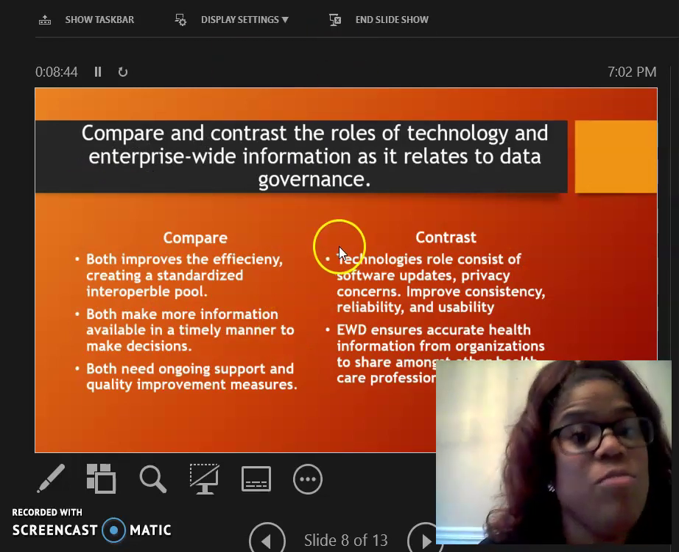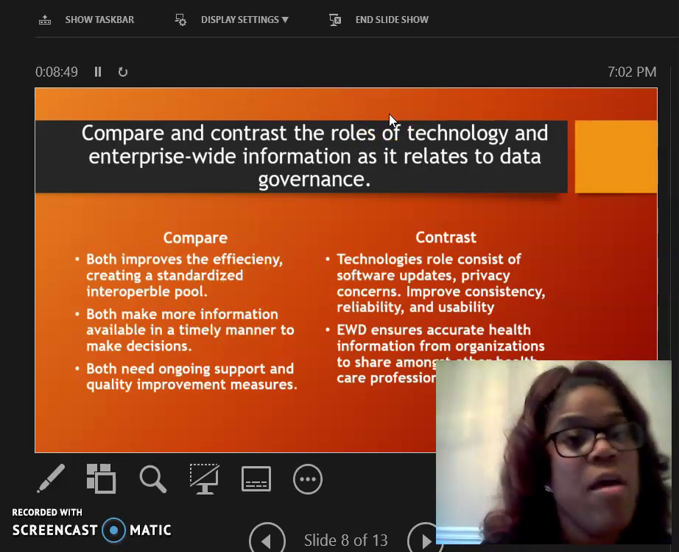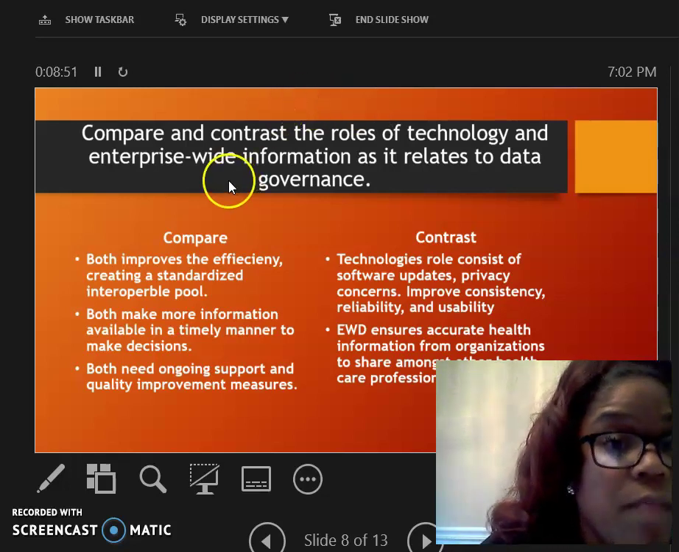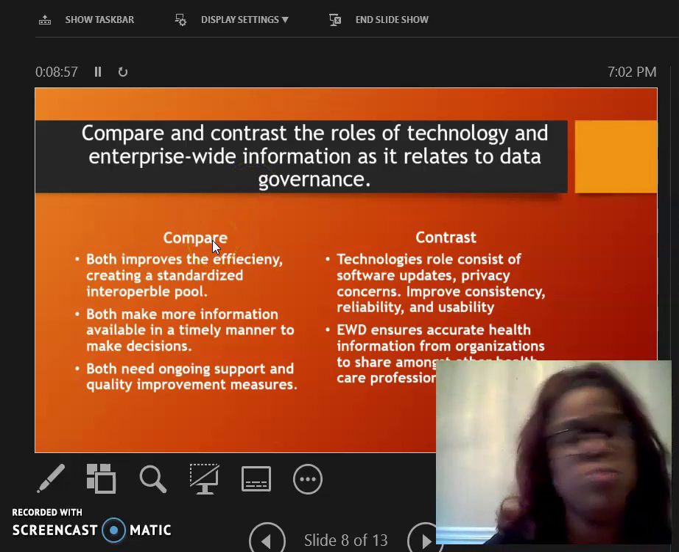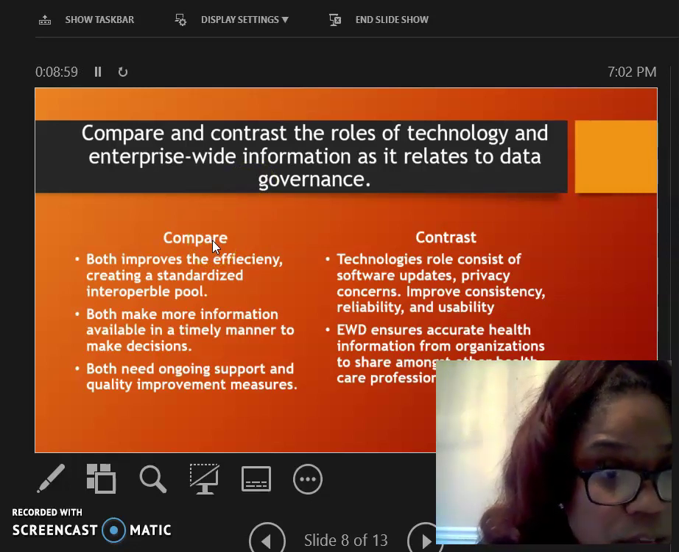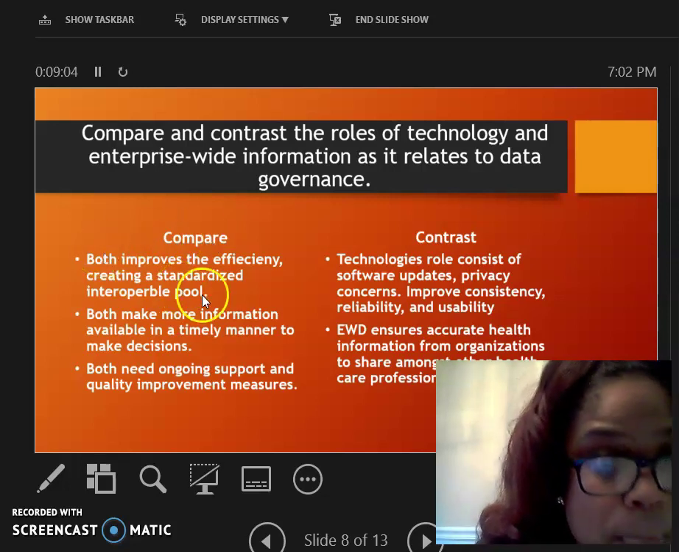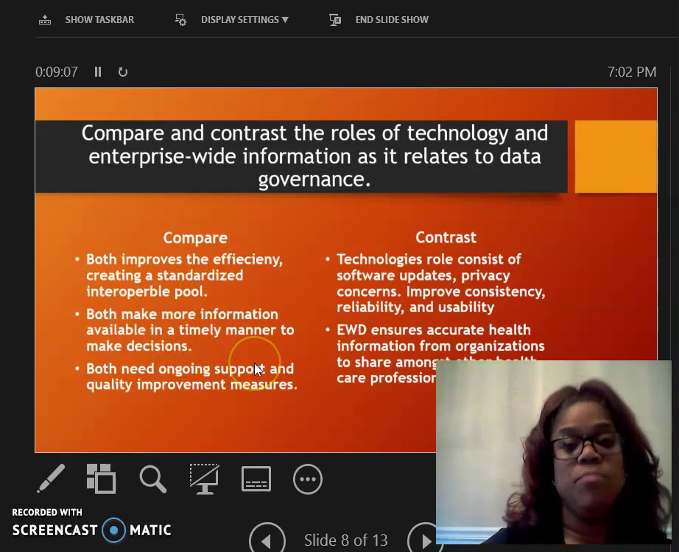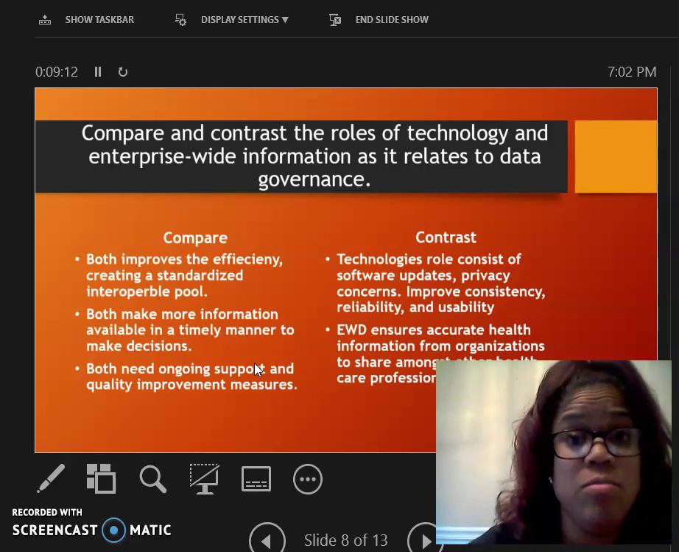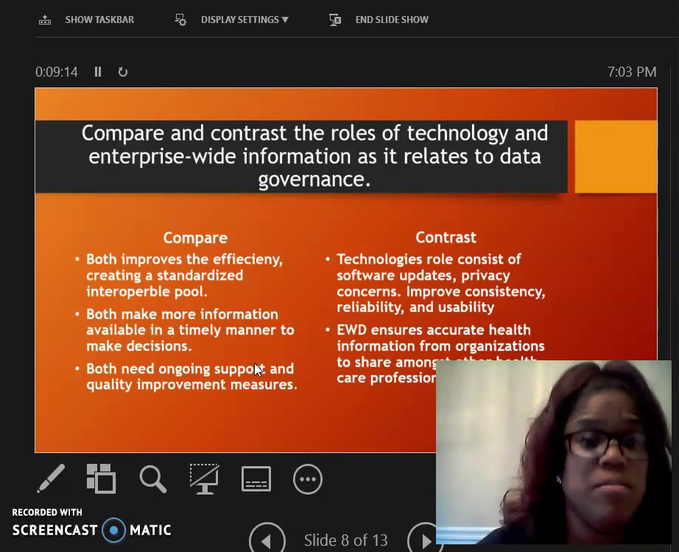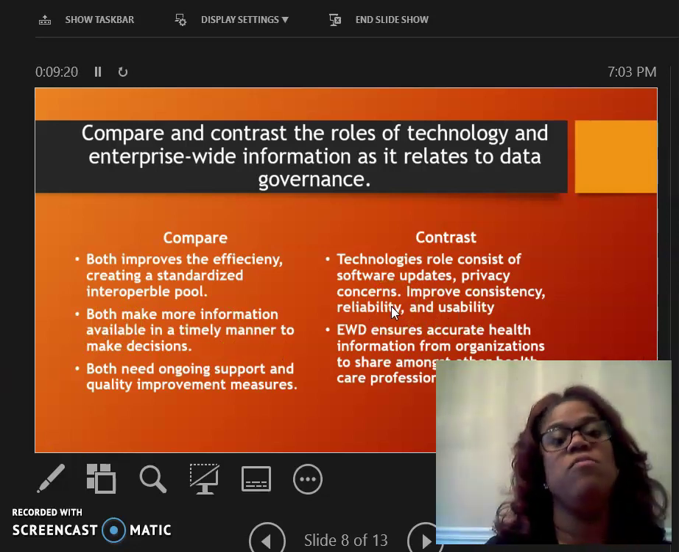To compare and contrast the roles of technology, to compare with enterprise-wide information, they both improve efficiency, creating a standardized, interoperable pool. Can never say that, I'm sorry. Both make more information available in a timely manner to help make decisions. Both need ongoing support and quality improvement measures. We can always be better at something, and we don't have to just, you know, say it's working. It's always something better. And to contrast, technology's roles consist of like software updates,